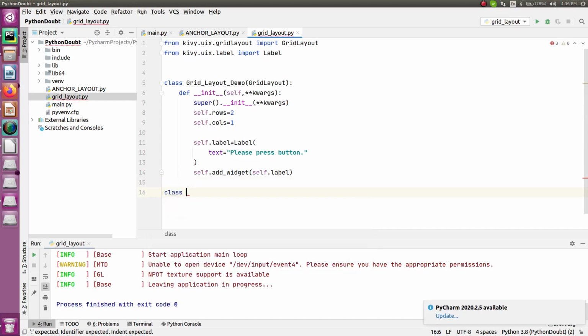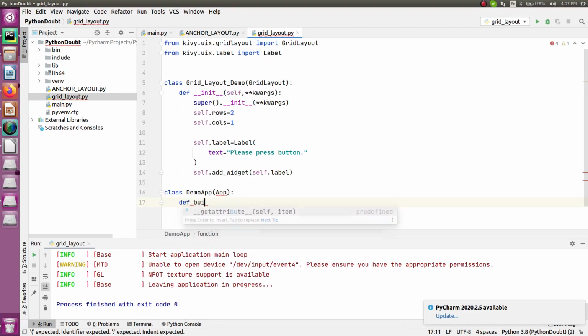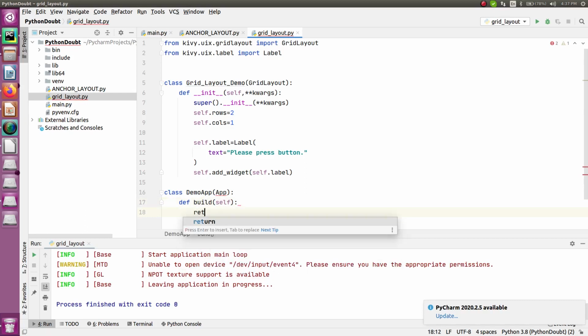And for calling this, you must have already seen in my previous video, let's give it a name, DemoApp, and in here you have to inherit it from App. Similarly, inside this you have to call another method, right? And in here you have to return it. What you have to return? You have to return this. Just copy this and paste it here, right? So this is how you can do it. In my case, I don't have to pass any arguments for my class, but if in your case you are having any argument for your class, you can pass it here. So that's totally up to you, right?